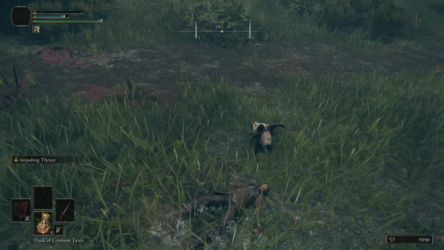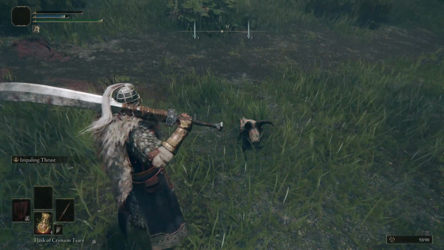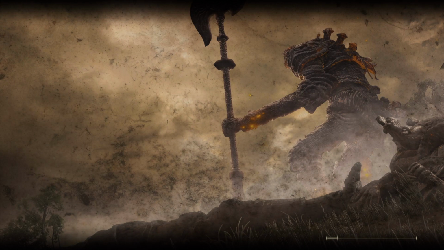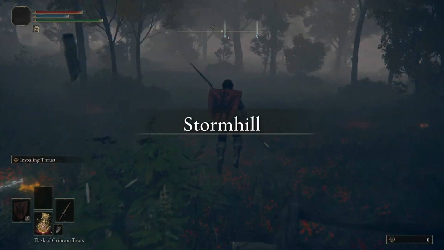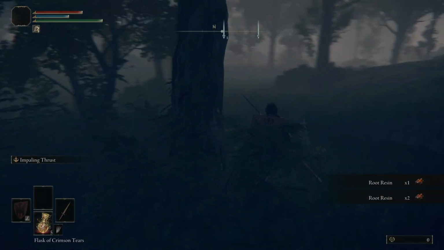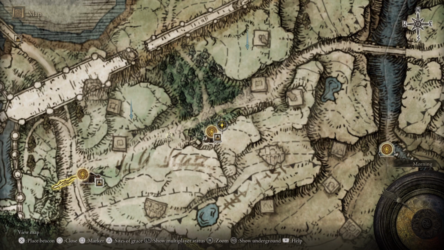Oh my lord. Okay. So there's that. Thought I timed that dodge properly, but apparently not. He said, no, you did not. Alright, so from here, now I can grab more root resin. This respawns every time. And then we'll go